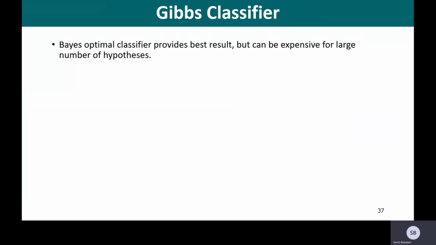But whenever the number of hypotheses or hypothesis space is very large, finding out the class of the sample by making use of Bayes optimal classifier can be expensive, because in Bayes optimal classifier we are trying to find out the probabilities for each and every hypothesis, and then we are coming up with the optimal